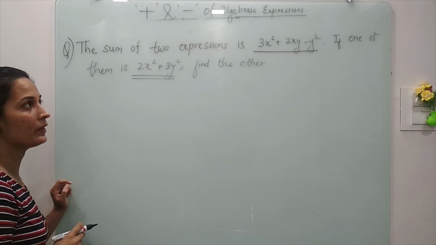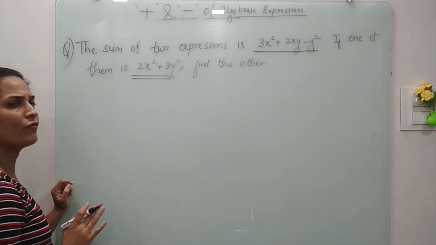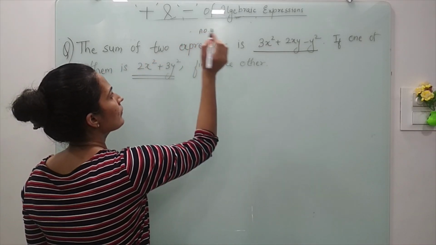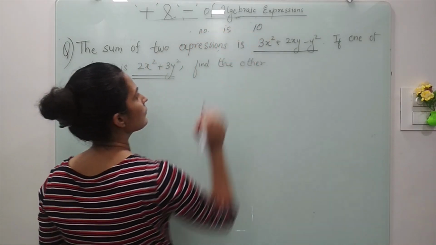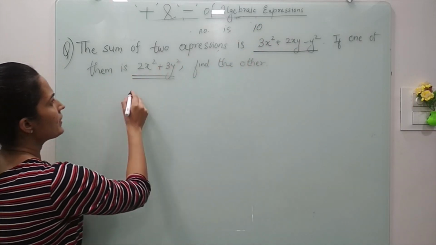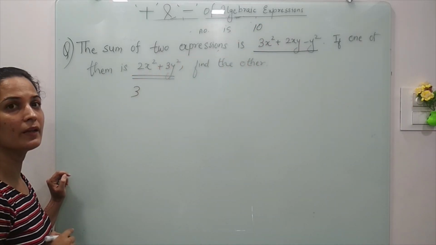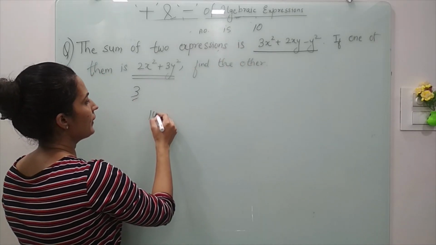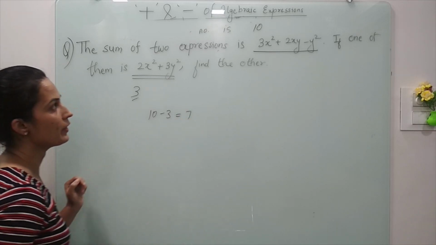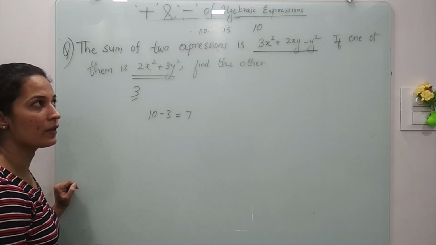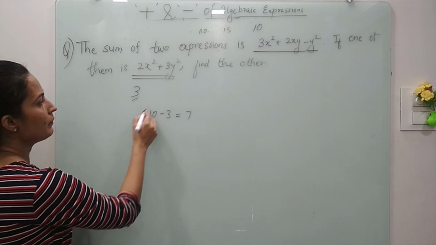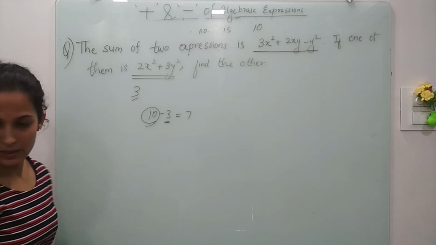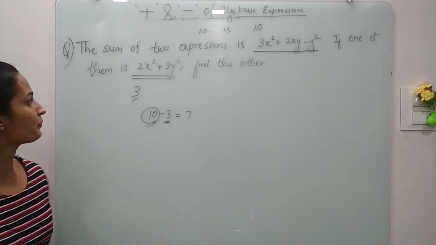Now what can be done here? Let's just take an example of some numbers. Let's say the sum of two numbers is 10. One of them is 3. What will be the other? So what we will do simply, we will subtract this 3 from 10, right? 10 minus 3 will be equal to 7. So that means my other number will be 7. So what I have done: this is the sum and one number I know, so I can find the other number. Now similarly, in these expressions also,